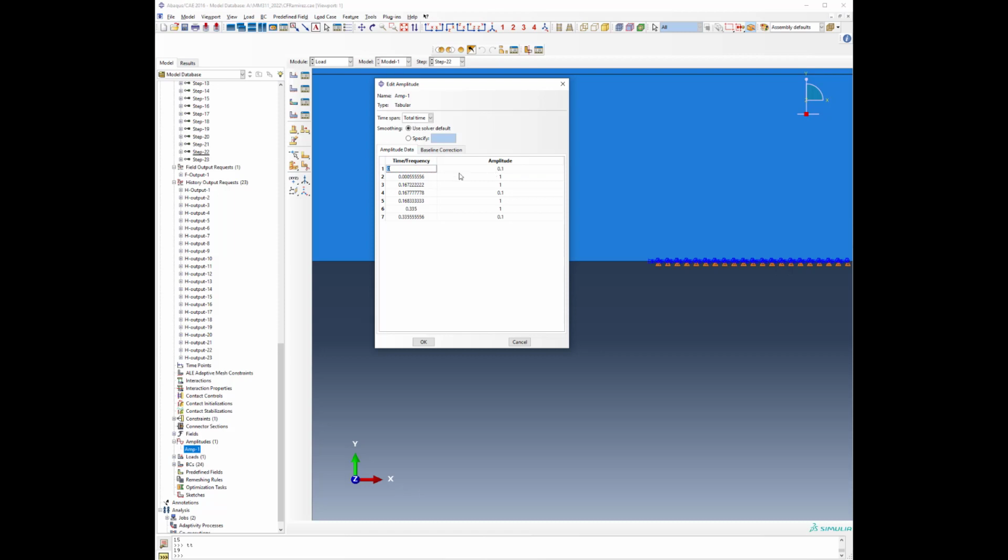So you see, at 0 time the load is 0.1, because in step 1 there is no creep deformation, only loading is happening, and then this is the loading time. So the load value goes to maximum, then this is the whole time the load remains at the maximum, then this is the unloading time, load comes down to 0.1 because the R value is 0.1, and